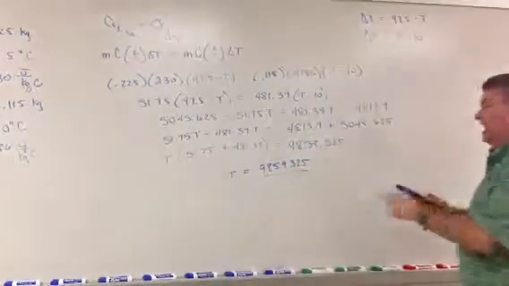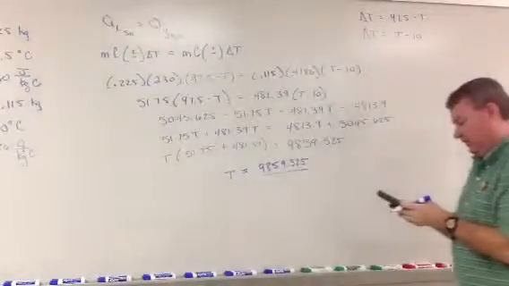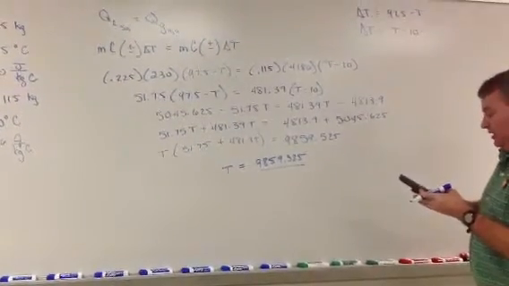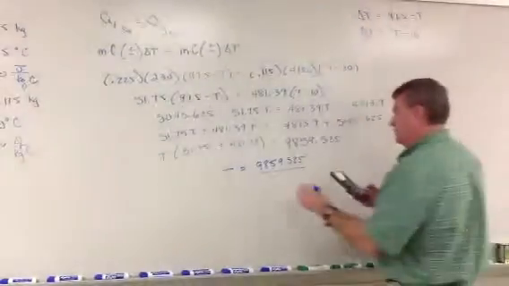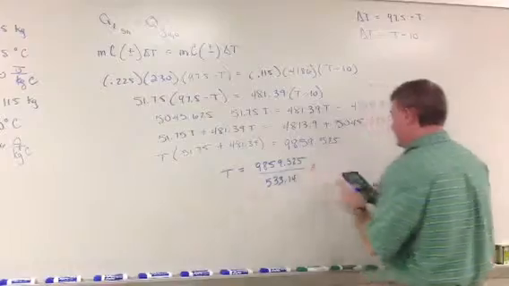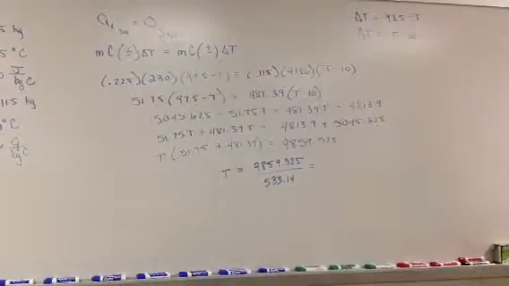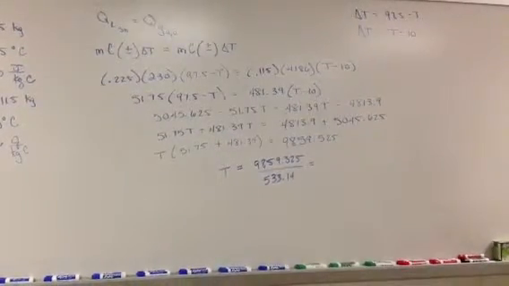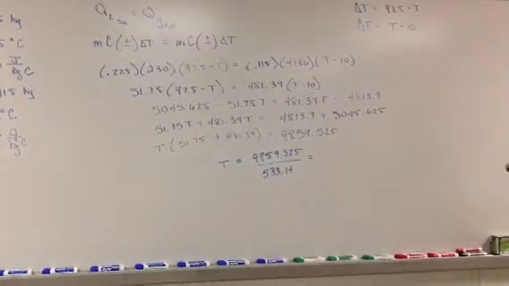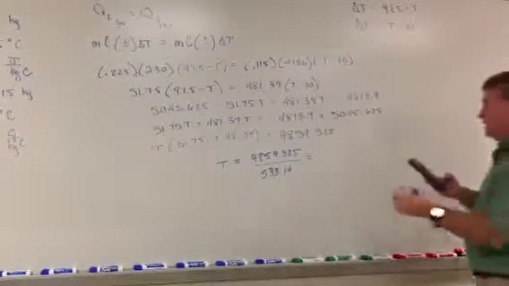And I'm just going to go ahead and add those two numbers together. So 51.75 plus 481.39 is 533.14. And 9859.525 divided by 533.14 gives us